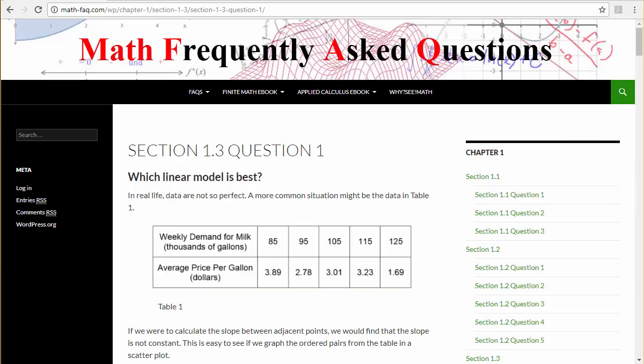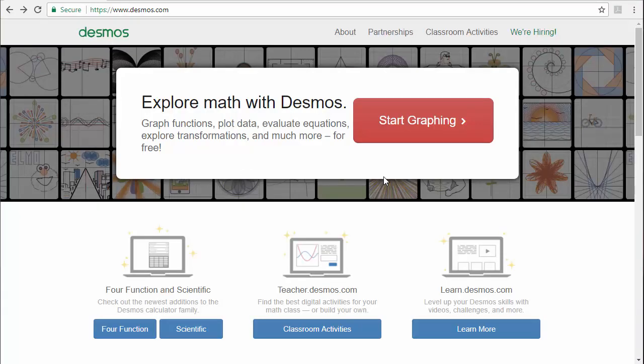So in section 1.3 of our textbook, there is a data table. The independent variable values are along the top. The dependent variable values are along the bottom. And so what I need to do is I need to put these into a table. Then I need to use Desmos to find a linear model of the form y equals mx plus b. The technique that Desmos uses is called linear regression. So within Desmos, that's